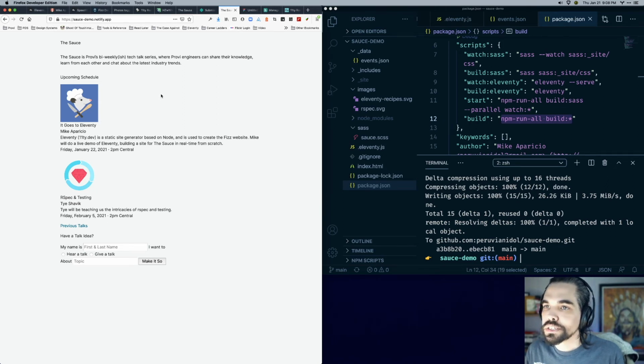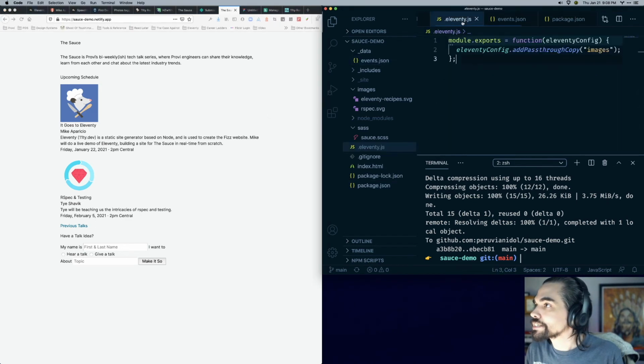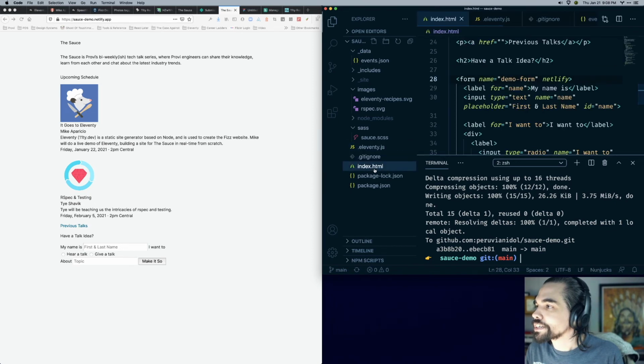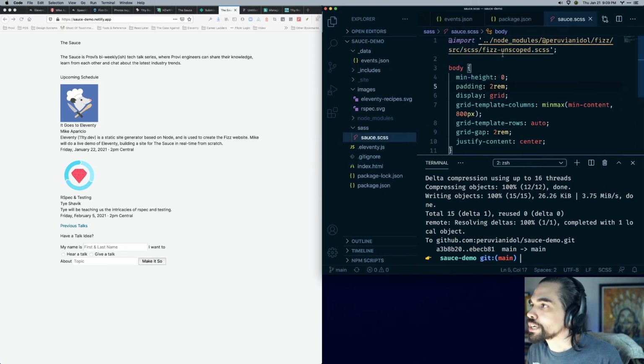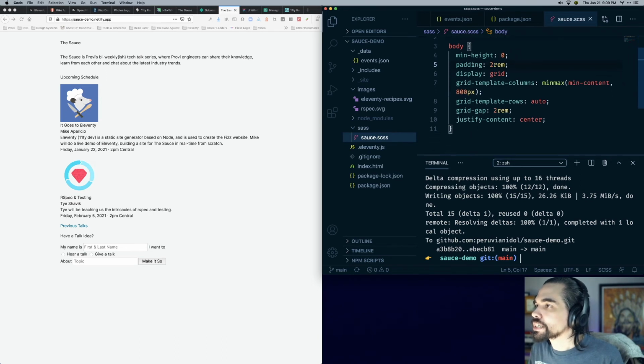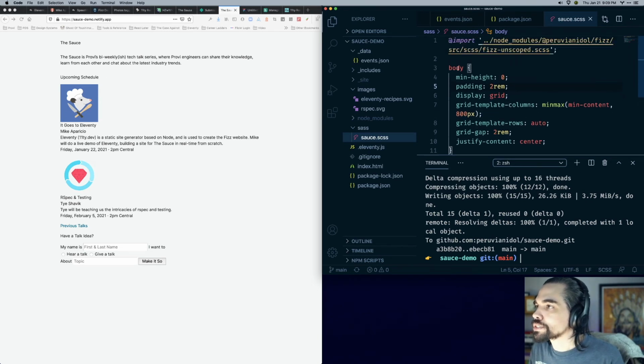And it's relatively easy to set up and maintain. I guess I can add some styles to it. I mean, I don't know. I guess we'll just get this far tomorrow and see what people want to do. But essentially with just this, right, pulling in our CSS framework called Fizz and adding this grid layout that's specific to this site,